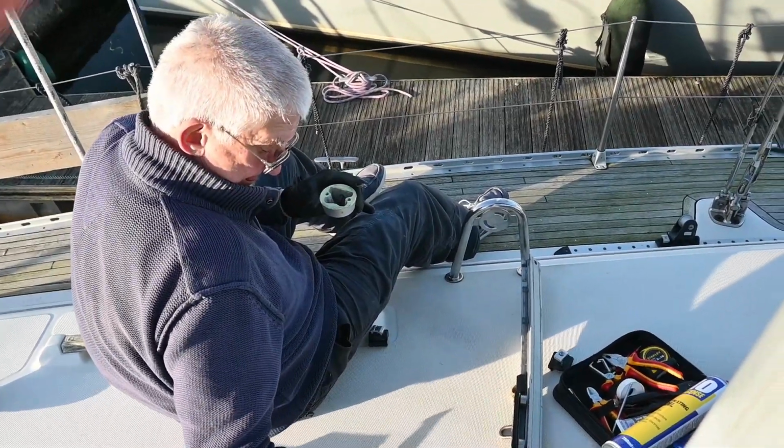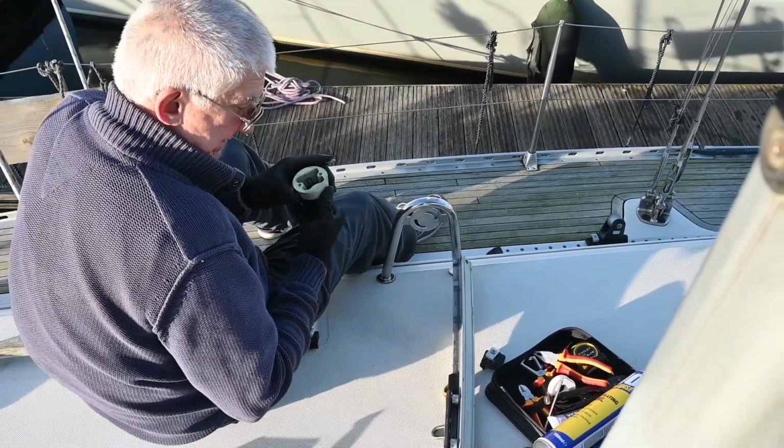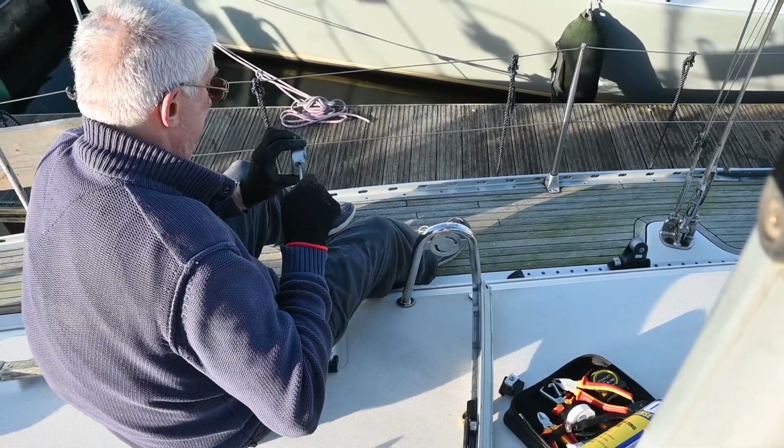So here Alan is just putting those pieces back together. It's just a case then of us holding them, getting them all lined up and reinserting the bolts. Wish us